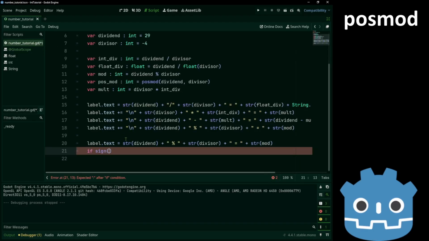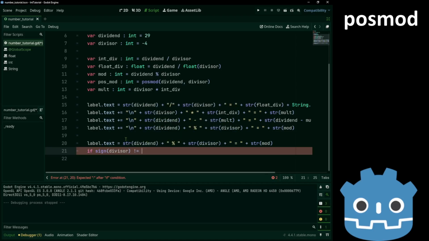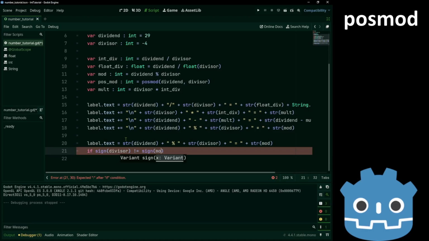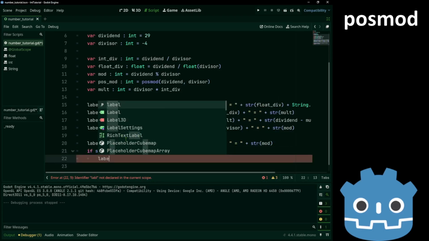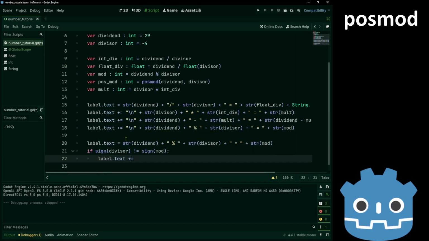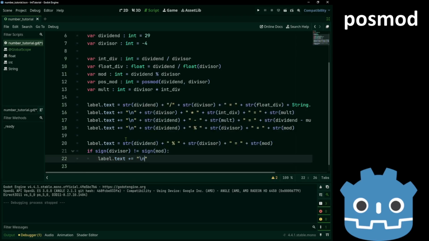If the sign of the divisor is not the same as the sign of mod, we add to our label. We have to add the value of the divisor to the mod.